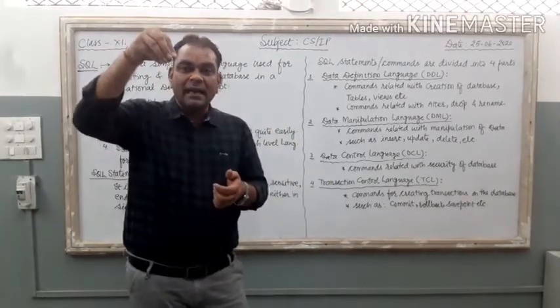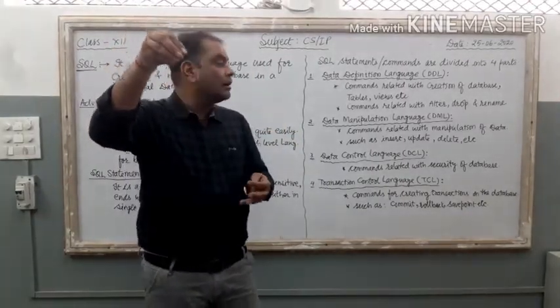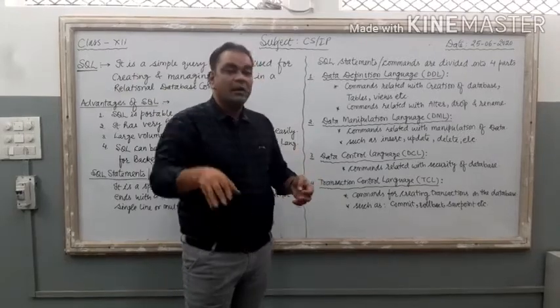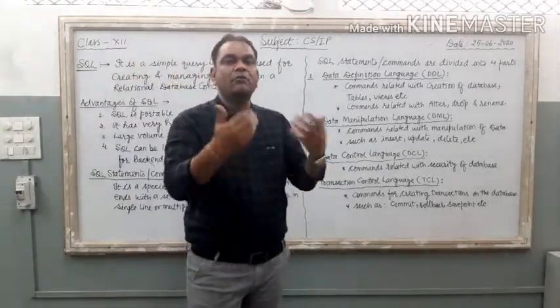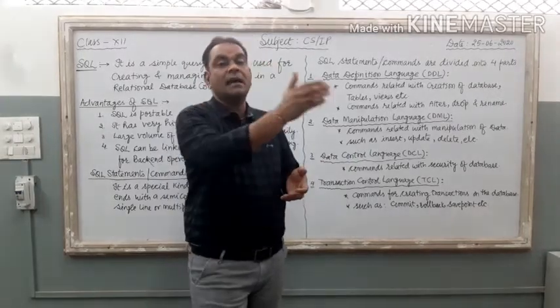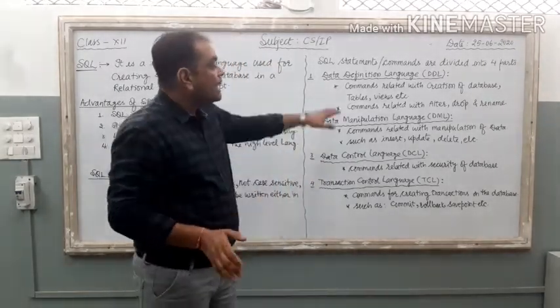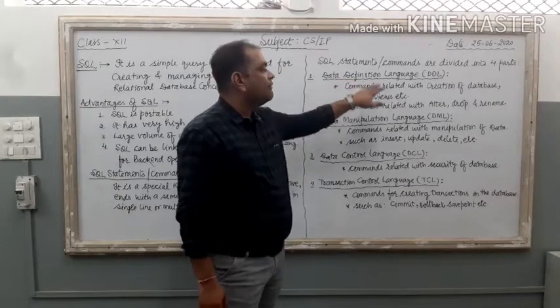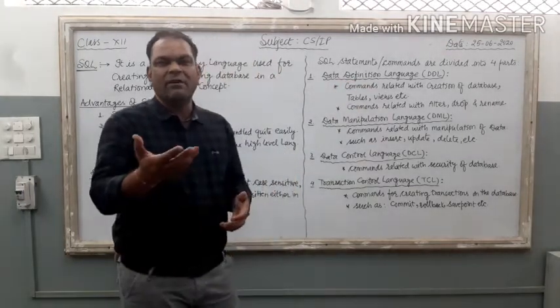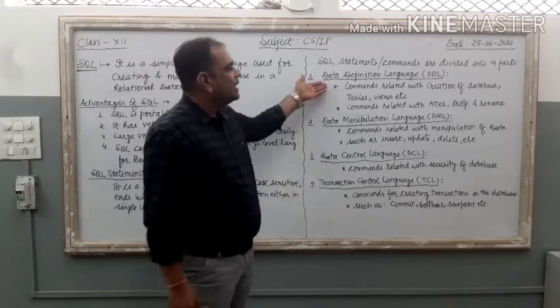You just create a table. At the time of table creation, MySQL demands how many fields you have to create in the table. What are the data types of these fields? So table structure related commands are there in data definition language. Very few commands are there, 5 or 6 commands are related with DDL.